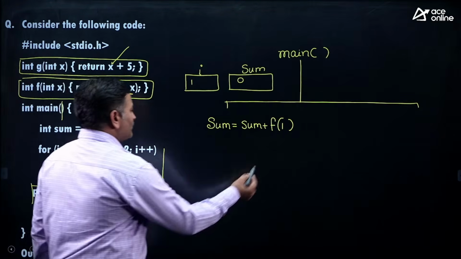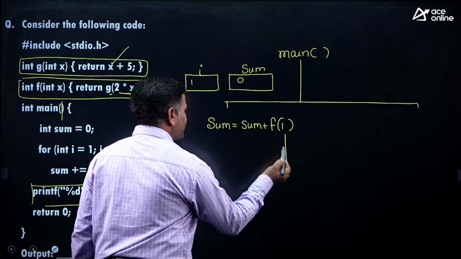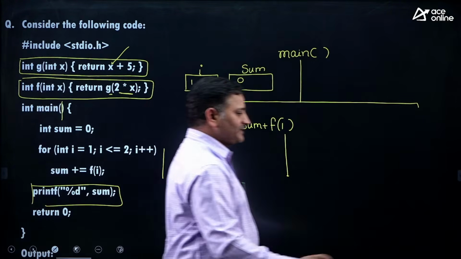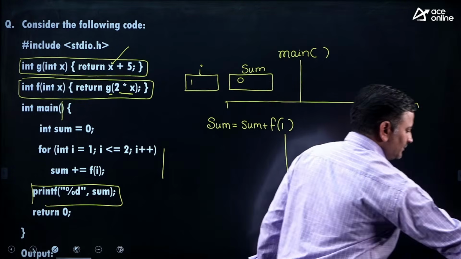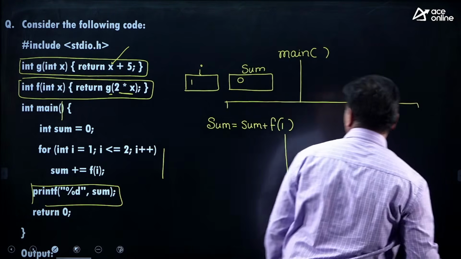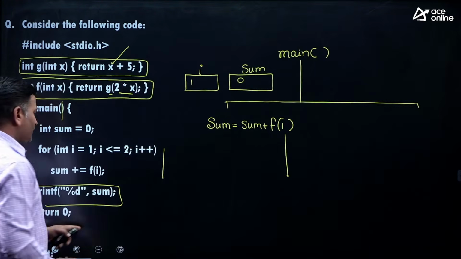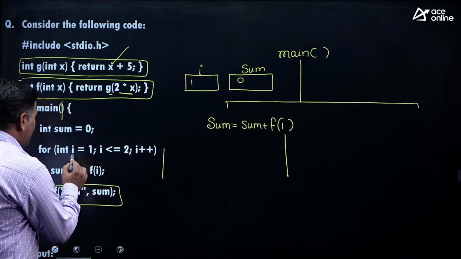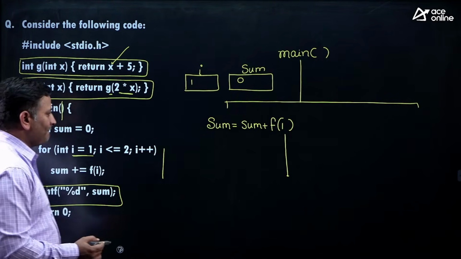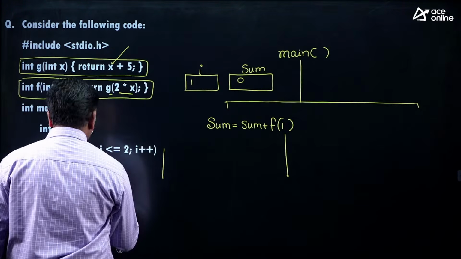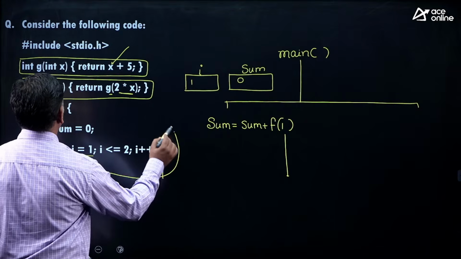Right friends? Okay, so the moment when you call this function, you are passing the input 1. Right friends? You are passing the input 1. So since the input is equal to 1, whenever you are passing the input value 1,